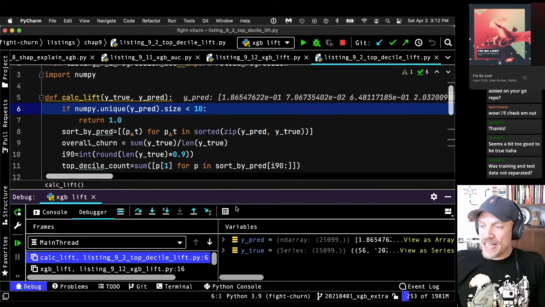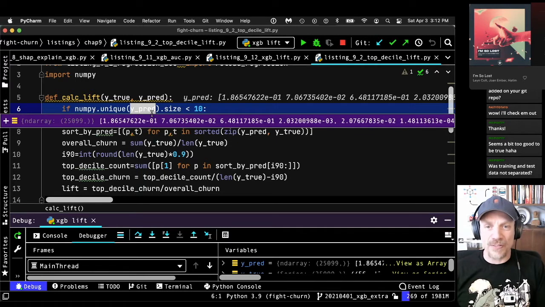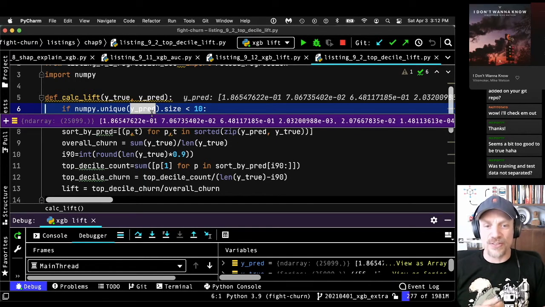Now, in the calclift function, the first thing I do is a little sanity check on the goodness of the data, of your predictions, really. Because if you have a failed model, a failed training, for a lot of different reasons, you might not get a lot of unique predictions. You might not even get any predictions. But if you've done prediction for a while, you probably have seen a case where you had something wrong in your model and all the customers had the same prediction.